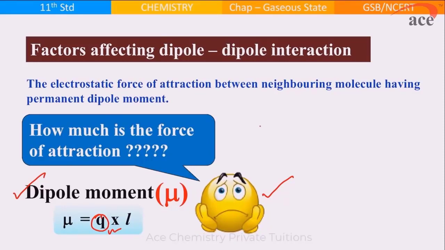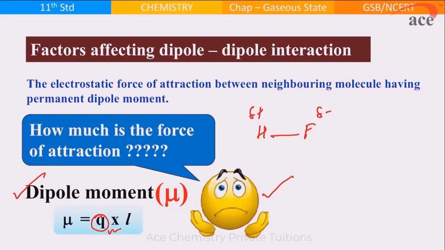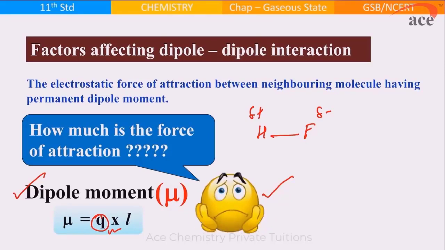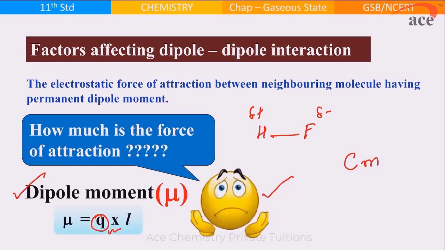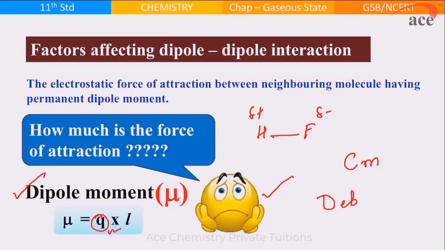The distance is between the negative and the positive charge, so basically it is the bond length. The unit will be charge into distance, that is coulomb meter or coulomb centimeter, but it is called